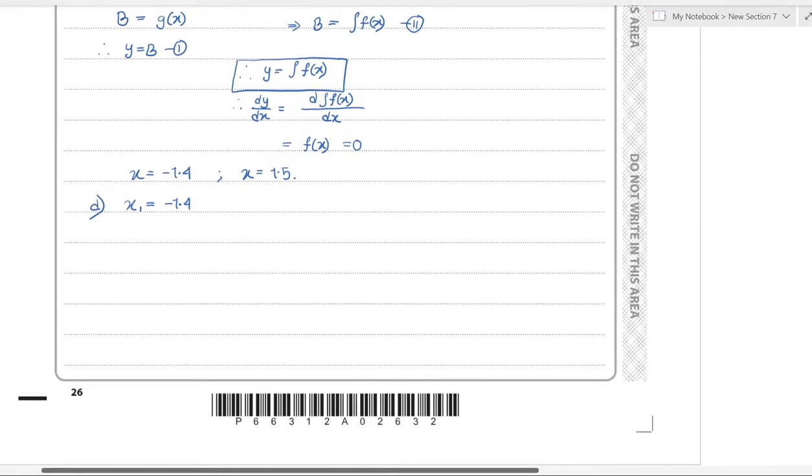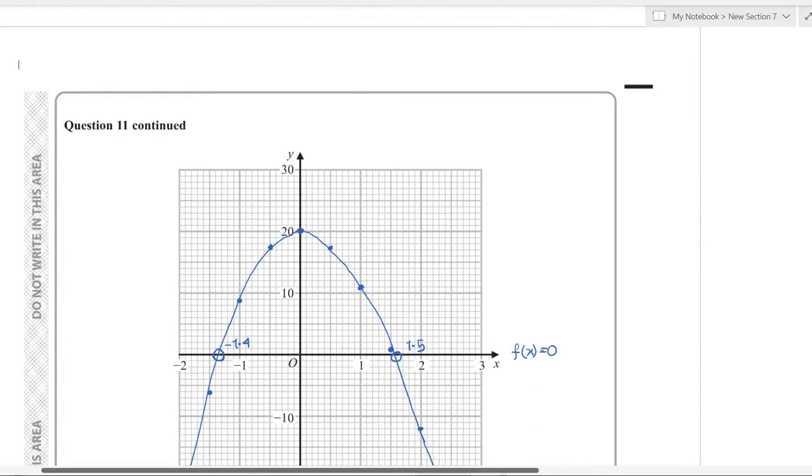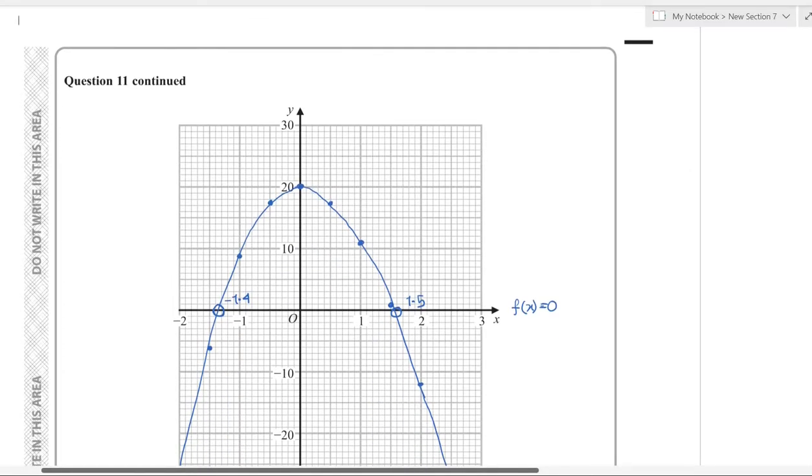So we can say that it is the minimum turning point as the graph goes up, and then moving to the next point, that is 1.5,